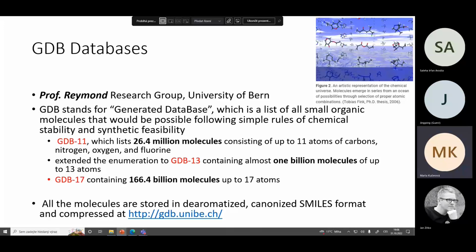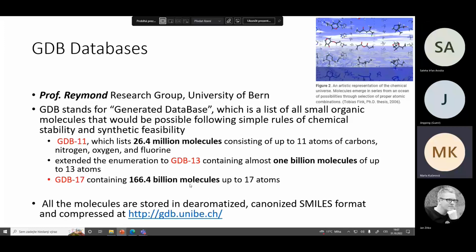GDB database. GDB stands for Generated Database. It was started by Professor Raymond and his research group at the University of Bern in Switzerland, and there were several releases. The latest, I think, is GDB-17, and this database is enumerated, combining the biogenic atoms or elements that are usually present in drugs. The maximum number of atoms in one molecule is 17, and by different combinations they got